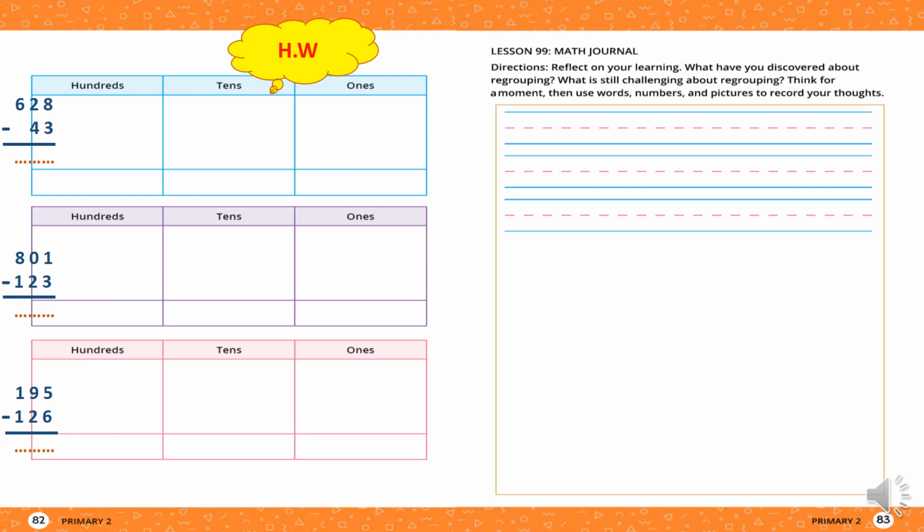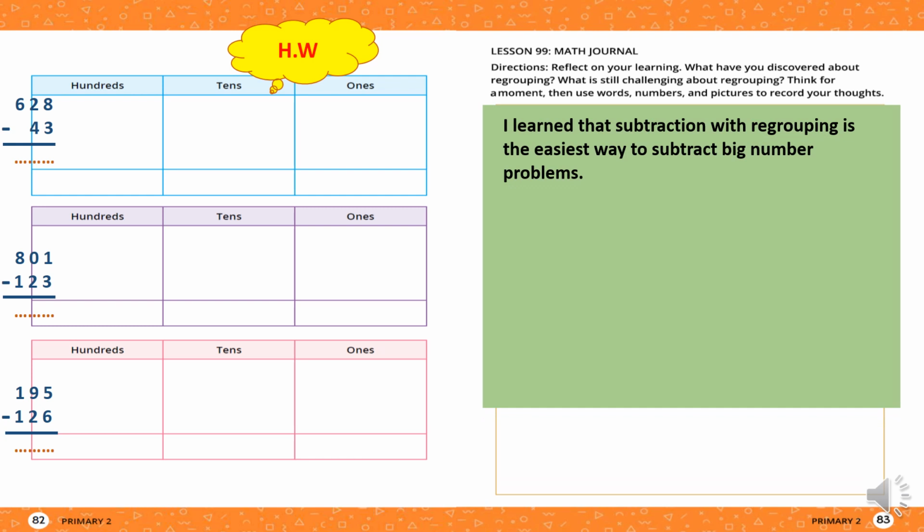Lesson 99, the Math Journal part. Reflect on your learning. What have you discovered about regrouping? What is still challenging about regrouping? Think for a moment, then use words, numbers, and pictures to record your thoughts. We learned that subtraction with regrouping is the easiest way to subtract big number problems. For example,